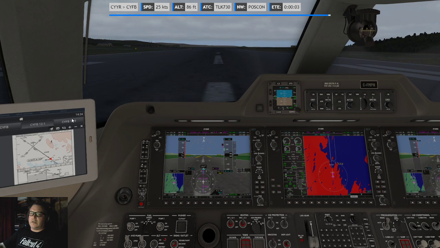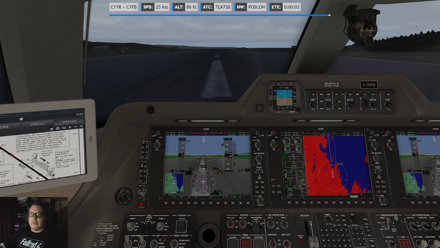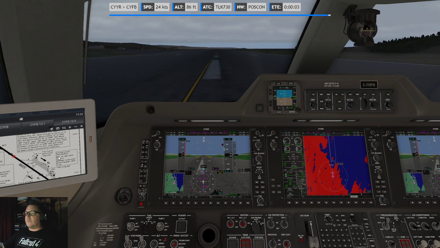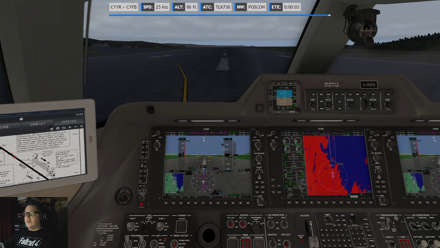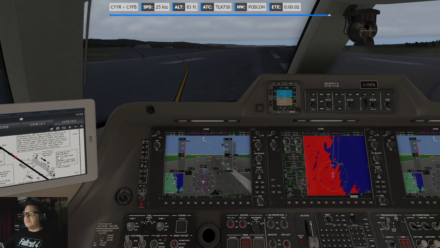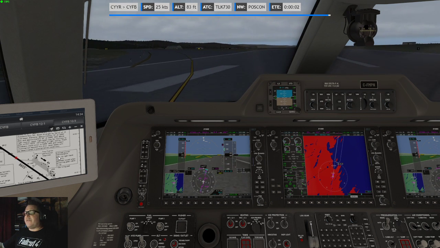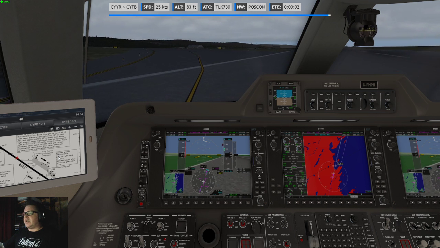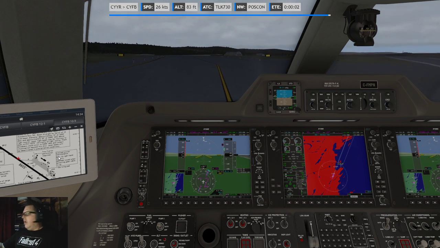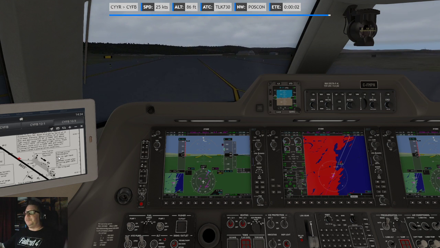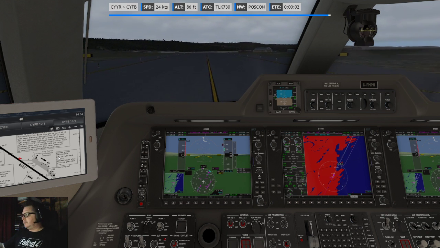All right, and here we go. Iqaluit traffic, Starlink 730, clear of the runway at Alpha, Iqaluit. Yeah.